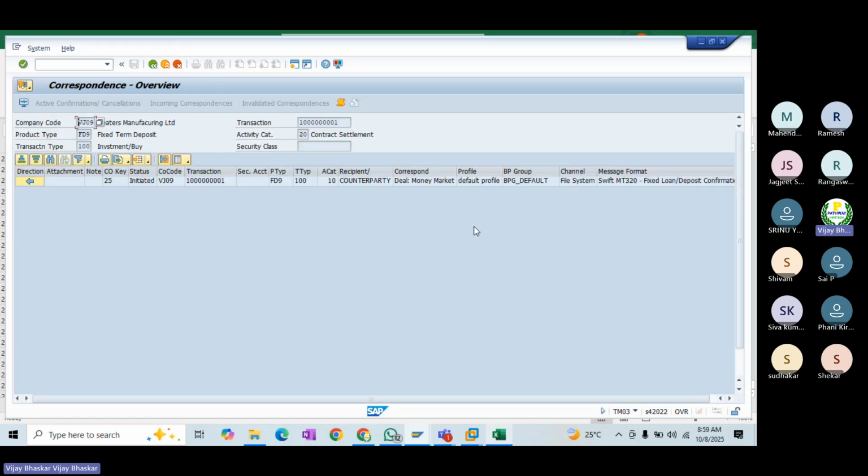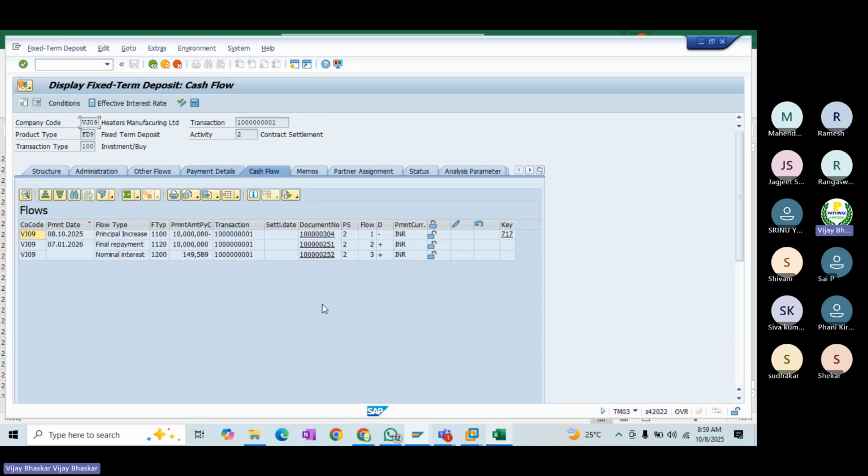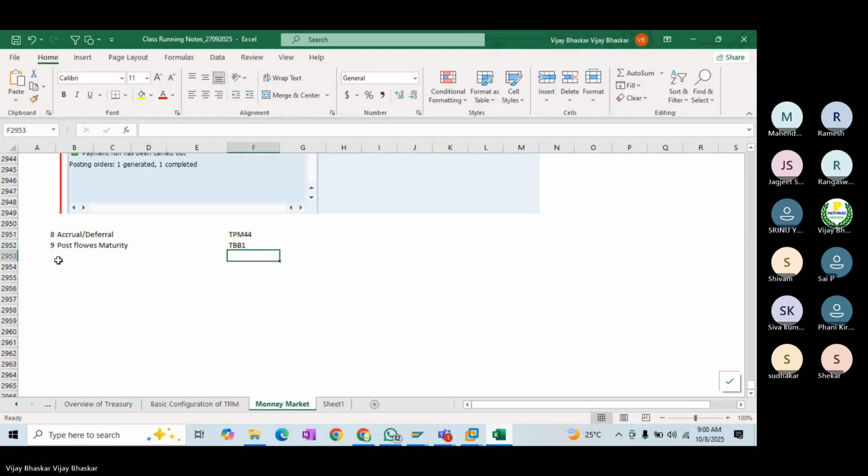For our information, this is how it goes forward and how you need to check this one. Finally, the accounting documents got posted, and as soon as the deal is created, that information will be sent to the counterparty. That should be required. So as of now, in today's session, we have seen that. The correspondence monitoring transaction code, I will let you know. But as of now, you can go from here also. At the deal level also, you can see that one.